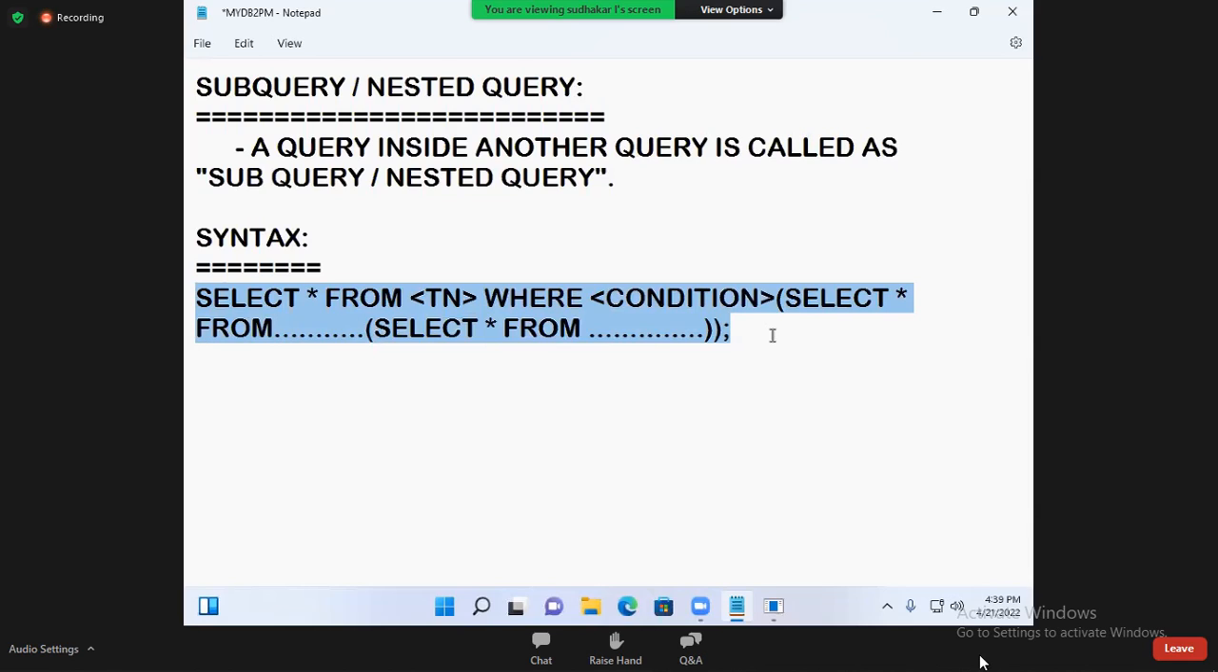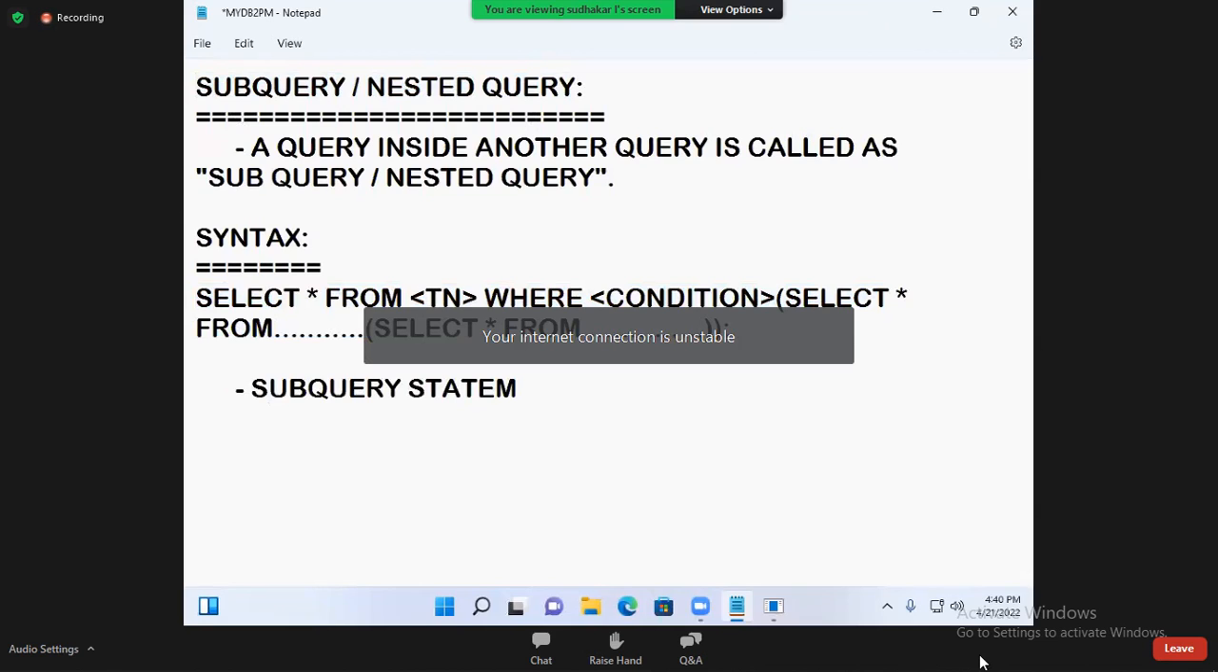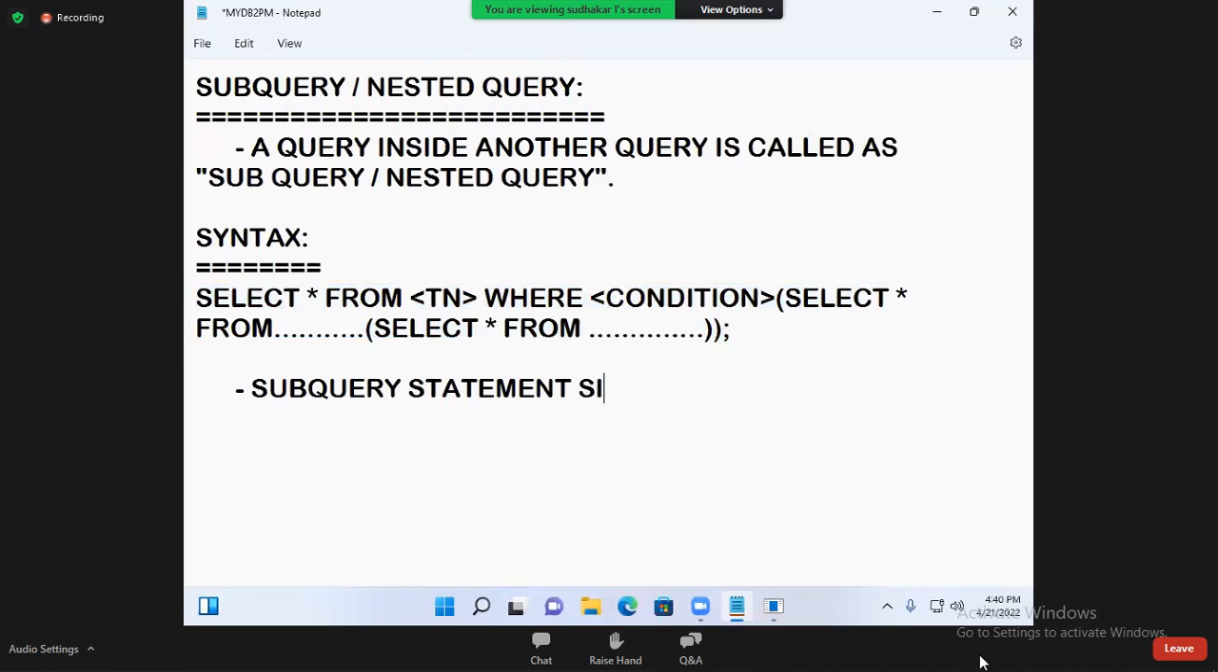So in a single statement, this subquery statement has two more queries. The first one we call here